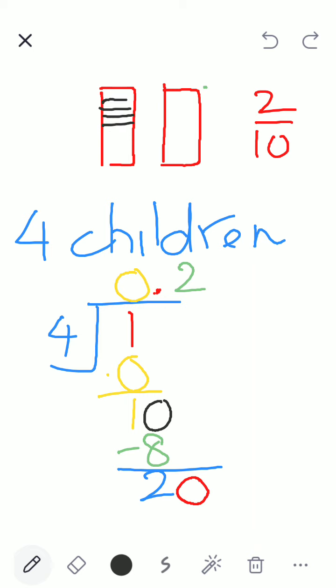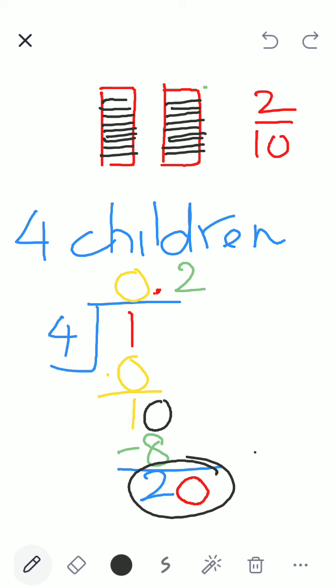1, 2, 3, 4, 5, 6, 7, 8, 9. How many pieces did I get now? 20 pieces, which is nothing but this. The meaning is the same. 20 pieces. So first time I had divided into 10 pieces. Then I gave away two pieces to each. Then the remainder was two pieces. So again I divided into a further 10. Clear children?